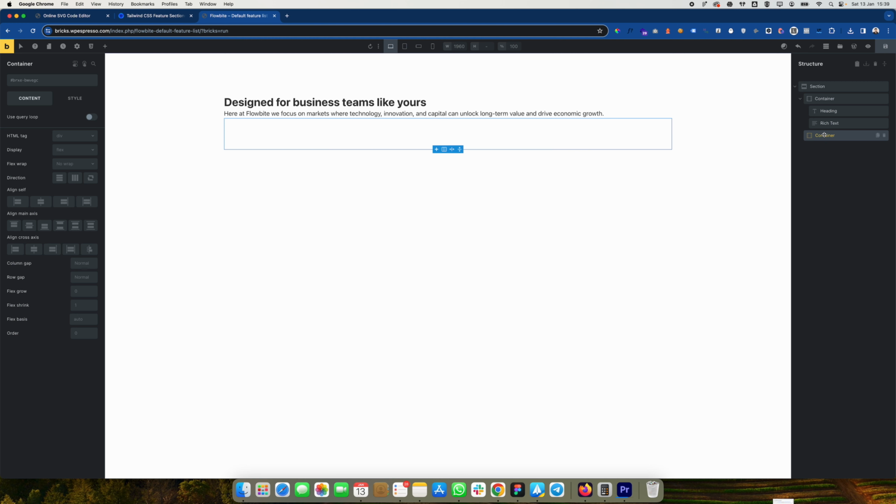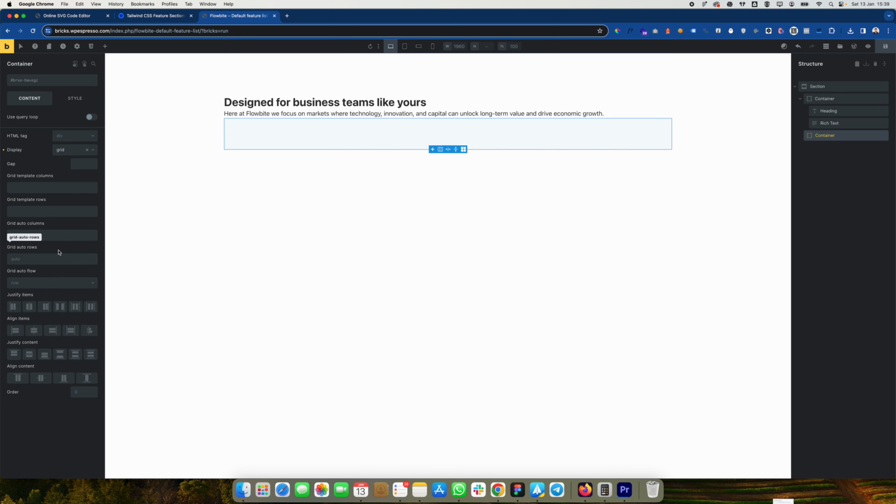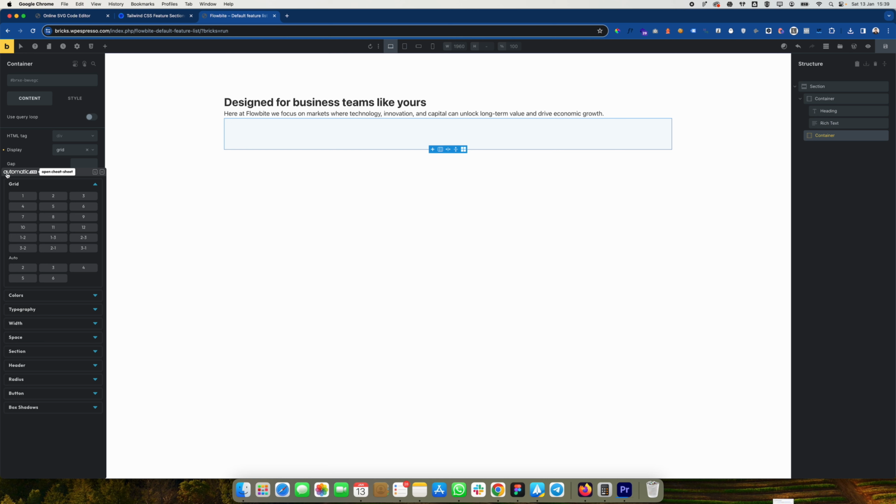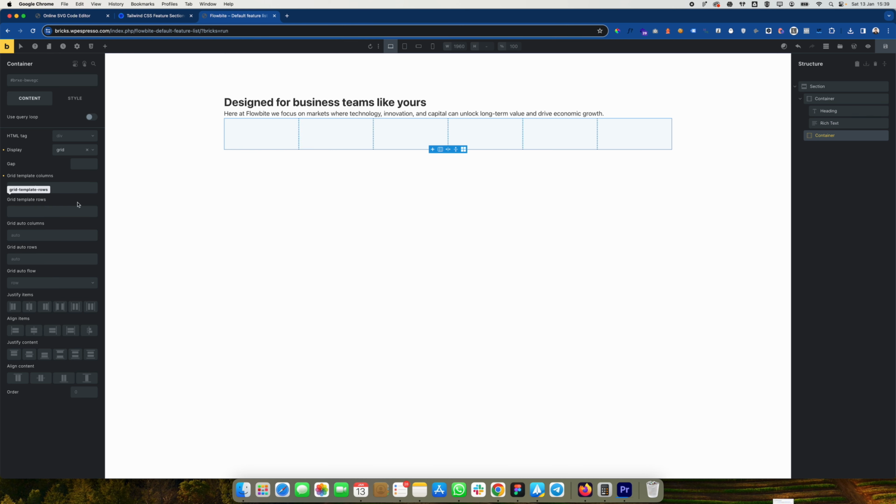So by selecting the container, you can change the display to grid. And here on grid template columns, I would right click and Automatic CSS, as you can see, appears. So right click on the mouse and now you can select the type of grid. You can click on 6 grid, for example, and as you can see, it added 6 boxes. In our case,